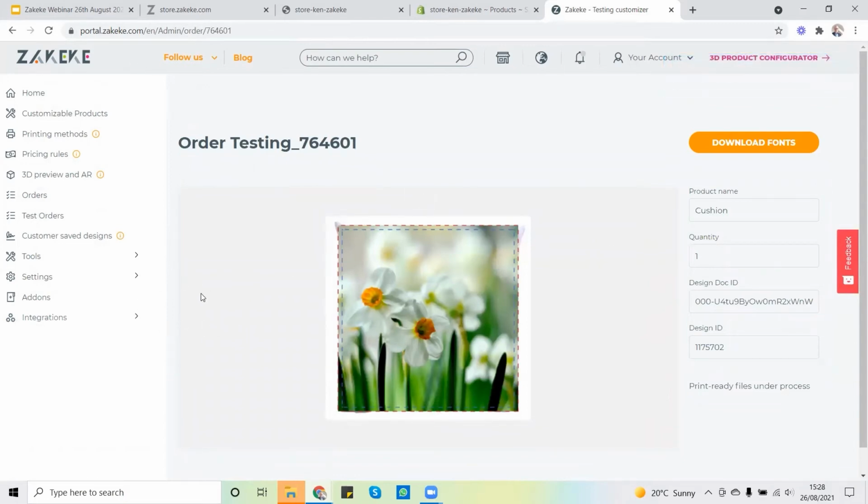There's a choice of print ready file formats that I can use, and I can either select them all or I can just select one of them. Then I can see how they work with our printer and then change that to just the one I need. So if I go to test orders now,